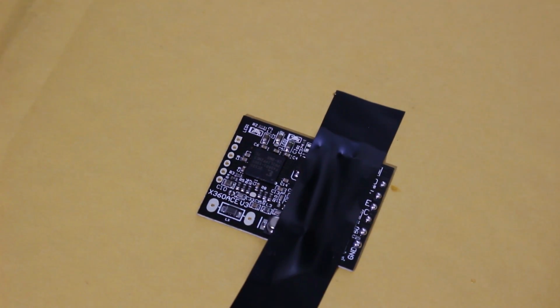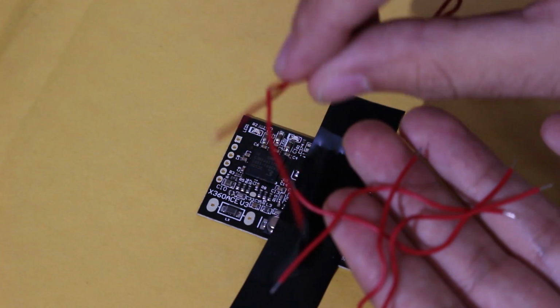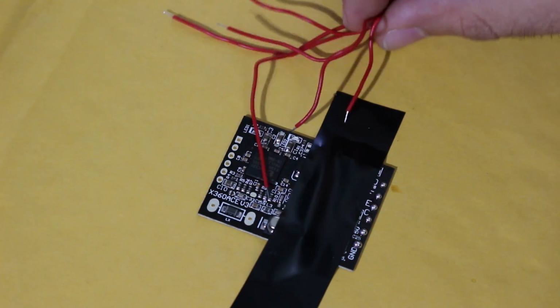So now at this point we have these all tinned up. Now, if you got your chip, you're going to need to do one of two things. You're going to have some wires that came with it, like these ones right here, or you can go ahead and cut your own using something like 30 gauge wire right here. I'm going to use the ones that came with this chip,